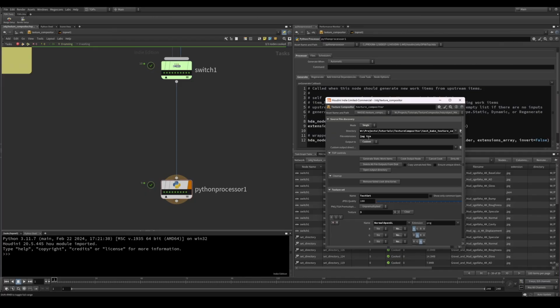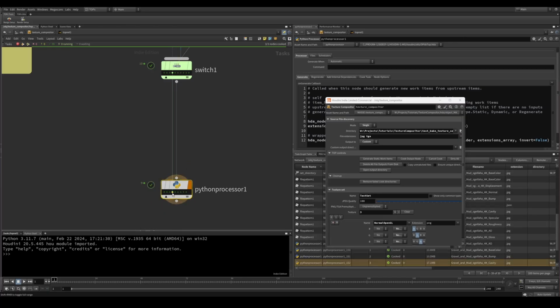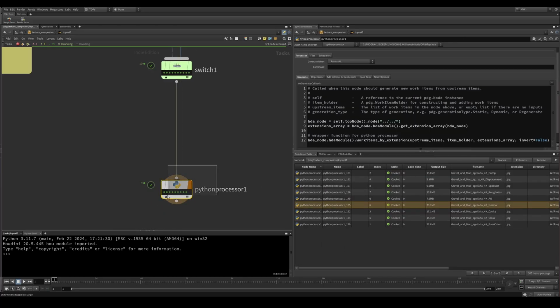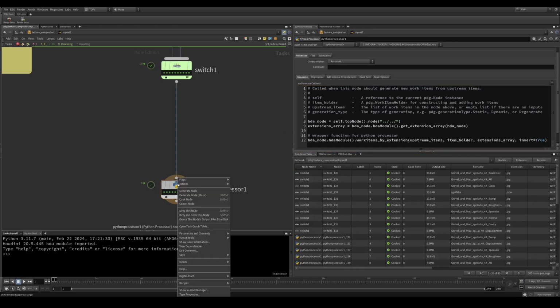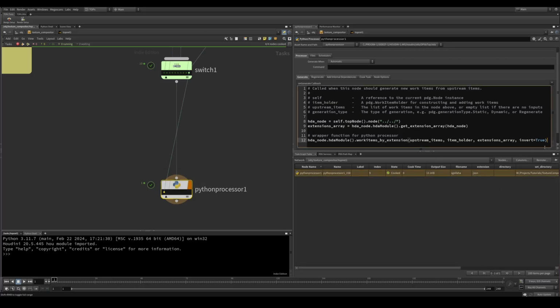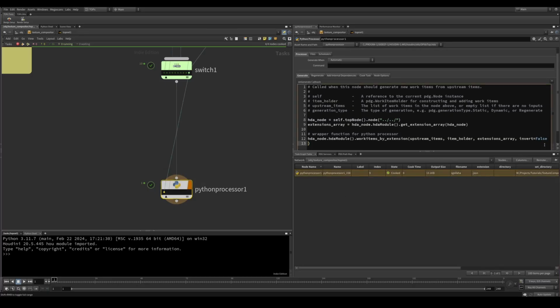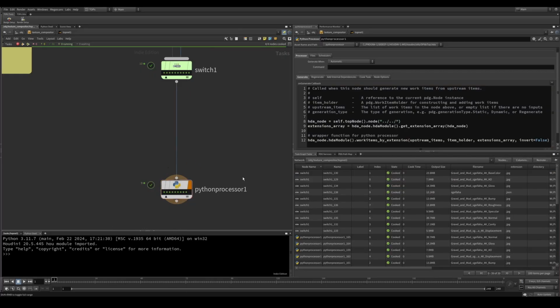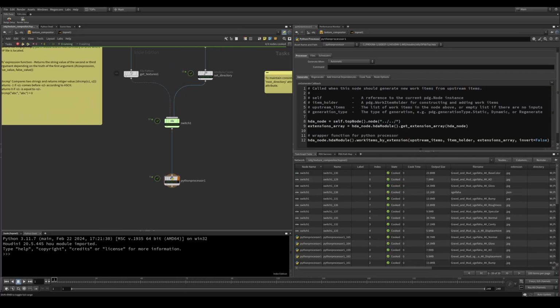we are fetching the JPEG files, and all of them were JPEGs except for the one JSON file, and you can see this file has been dropped from the work items. And if we set true for the inversion, you can see we have got 1 work item, that's a JSON file. So for now I want to go ahead and do it as false, but now we have filtered out our